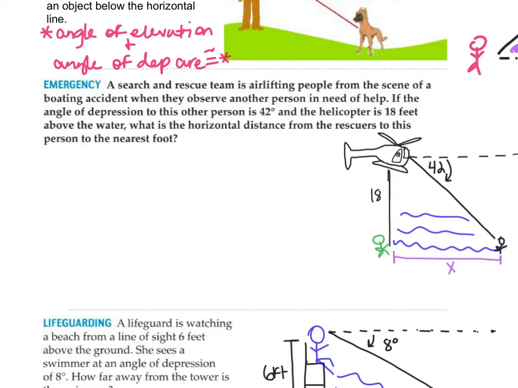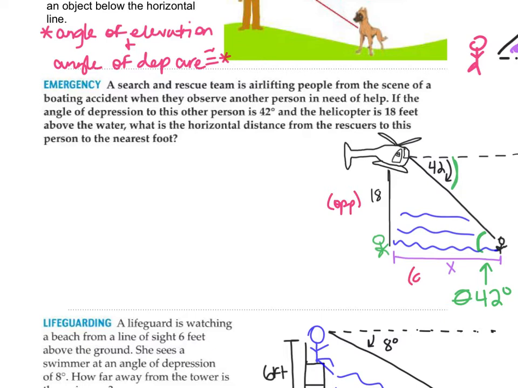Okay, so what we have to do, we have this angle of depression created by the angle from the horizontal line down to how far this person is. So it's 42 degrees. But remembering that elevation and depression are congruent, notice we have these side lengths here. We create this right triangle. So here we will have an angle that is congruent to 42 degrees. Okay, so that angle is 42 degrees. Now I'm going to say, all right, I have this green 42 degree angle. What happens with my sides? I have a side opposite